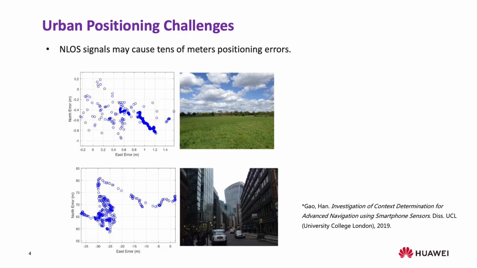This is an example. The figure below is a piece of data collected on a smartphone in deep urban London. There are many non-line of sight signals received via reflection from the surrounding glass surface of tall buildings. The positioning result with pseudo-range is poor. It can be seen that the non-line of sight receptions can cause errors as large as tens of meters.